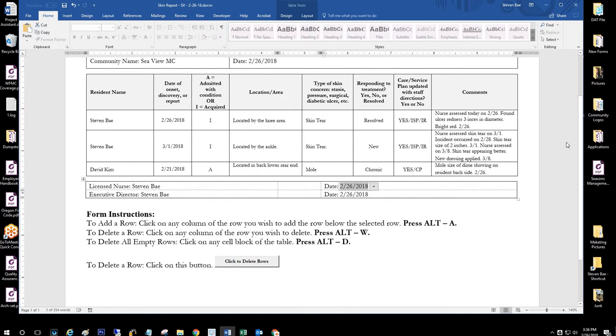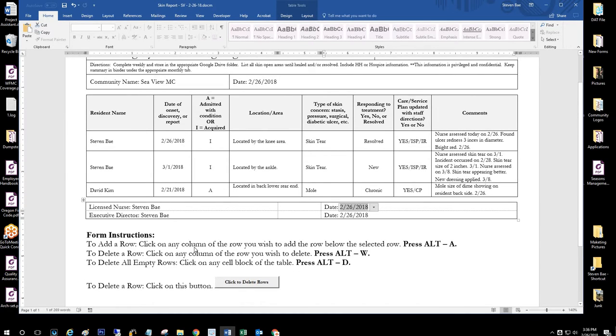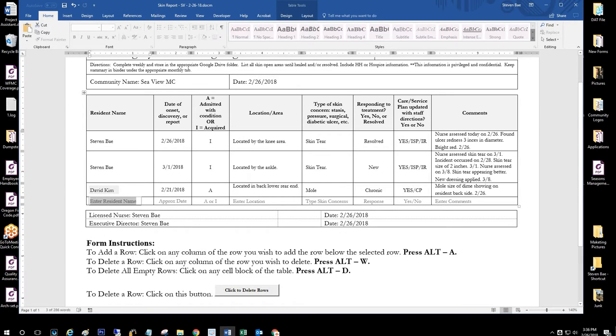So Alt-D removes all the rows, and if we needed to add another new incident or concern for another new resident, you'd click on any of the columns here with the last row and press Alt-A, and a new row appears. And so Shirley, Temple 529, and we're going to use knee area, skin tear, lots of skin tears. I'm going to write new, and